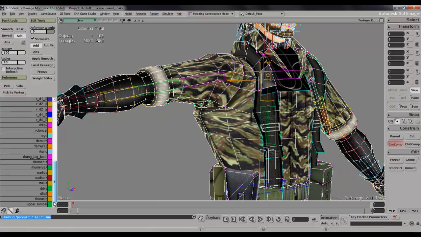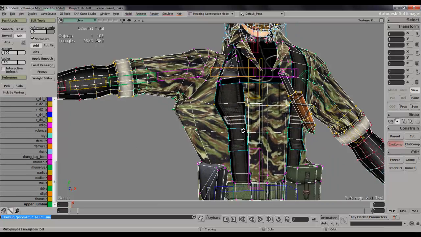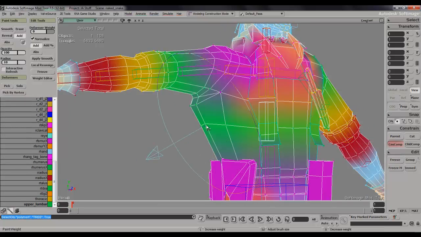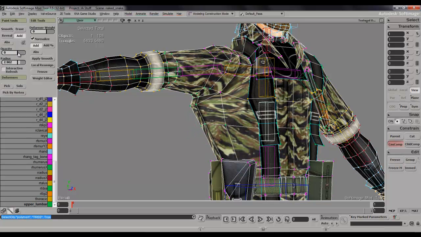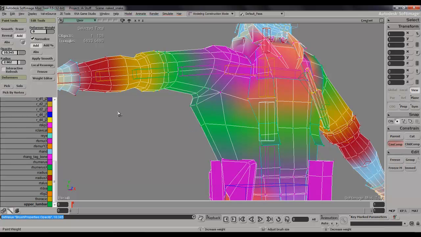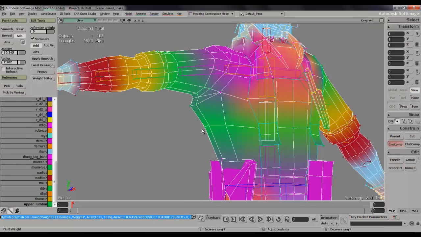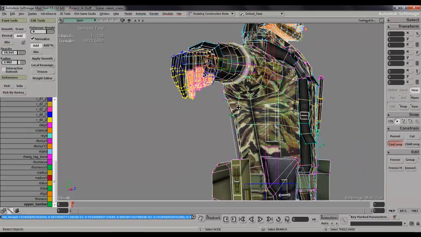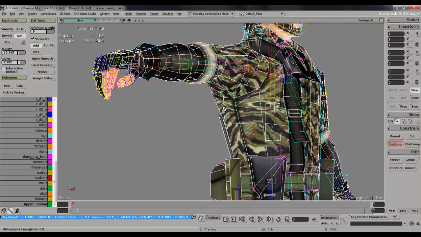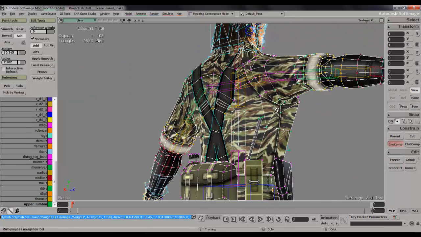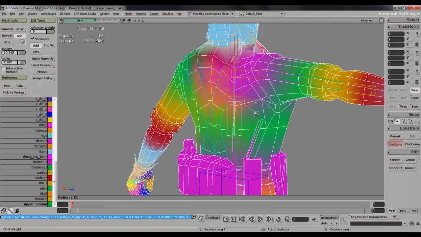Let's find our upper lumbar here, and we're gonna decrease our size. Once you start getting into some of the fine tuning, you're gonna really want to decrease your size. I usually work with a pretty low opacity. I mean, this is like the most I'll work with, and you'll just start painting the weights. As you can see, with your model and your little test pose that you've got, you can